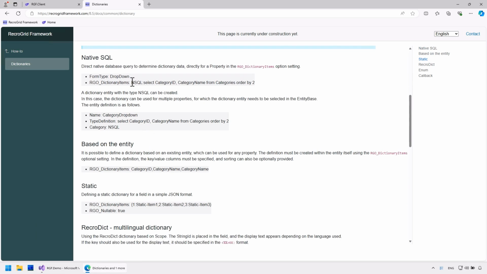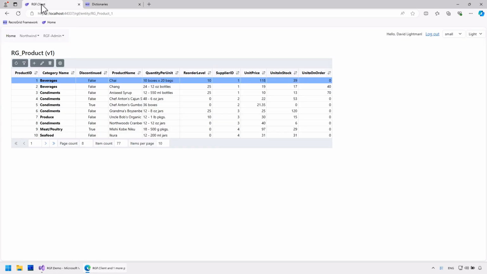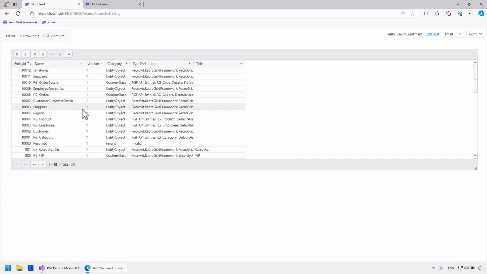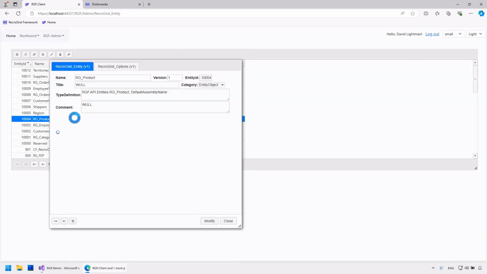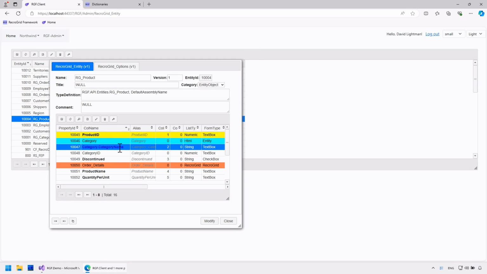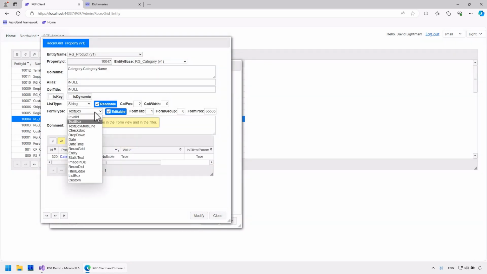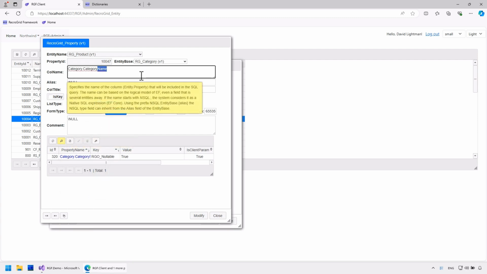This exact example is provided there, which I will now copy. I will select the product from the entities and modify the previous category name field. The form type will be drop-down, and the value should be bound to category ID.